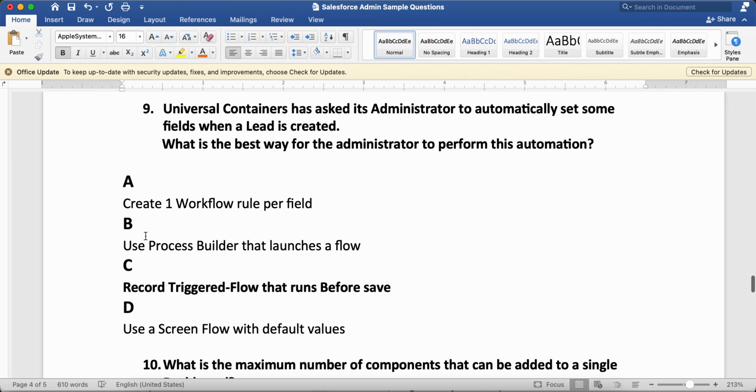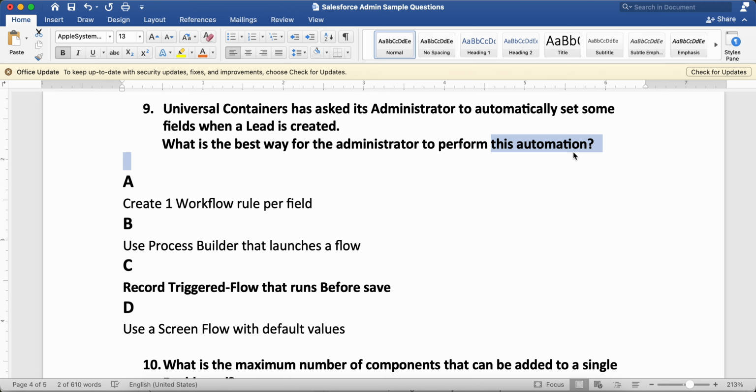So now the next one is, Universal Containers has asked its admin to automatically set some fields when the lead is created. What is the best way for the admin to perform this automation? Okay, so whenever we are talking about automation, first of all, you should always check the option for flow.